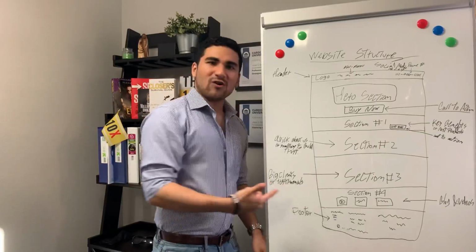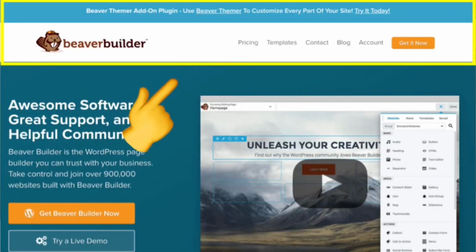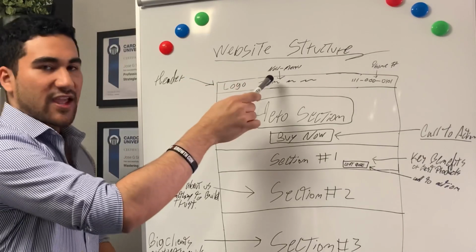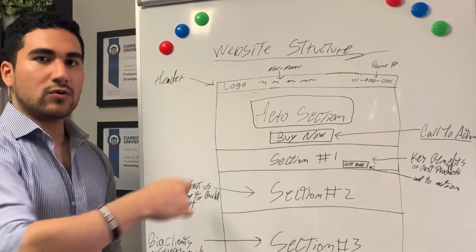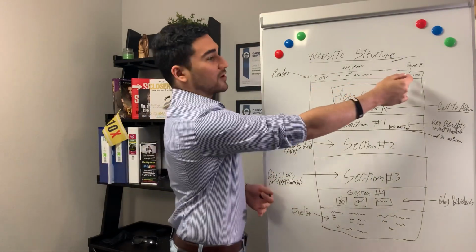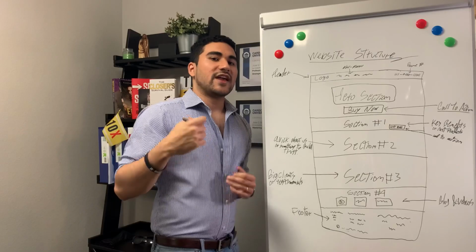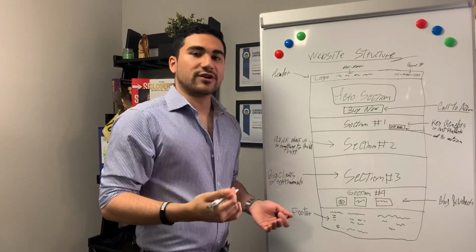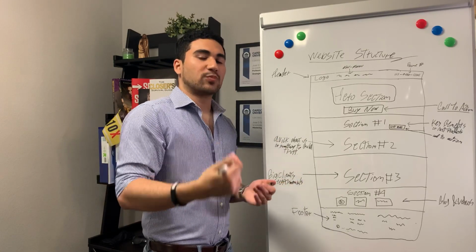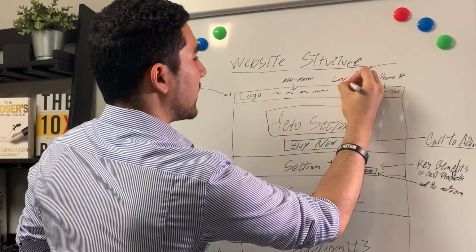Now let's roll. We first start with the header. What is the header? The header is the top part of the website where the navigation menu, the logo, and the phone number reside. Now, besides the phone number, which is critical to have so your customers can contact you and ask any questions or concerns they have about the products and services you provide, you should also always include the social media